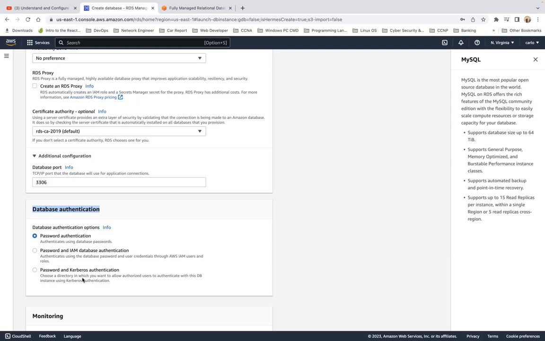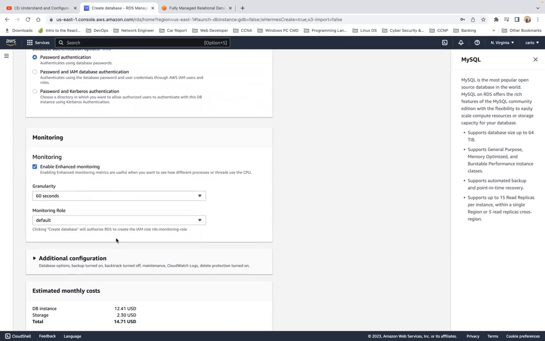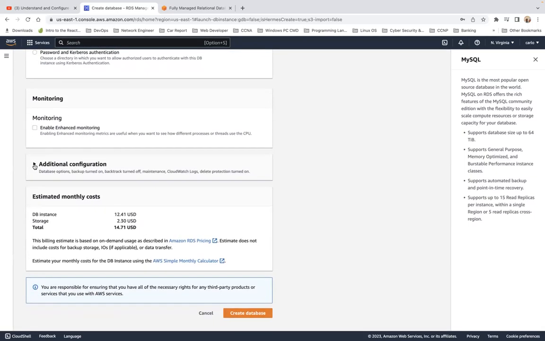So we can enable monitoring, and enhanced monitoring give you a 60-second granularity, and the monitoring role. So on your resources, but I can disable it right now. Now, as you look down here, it says that